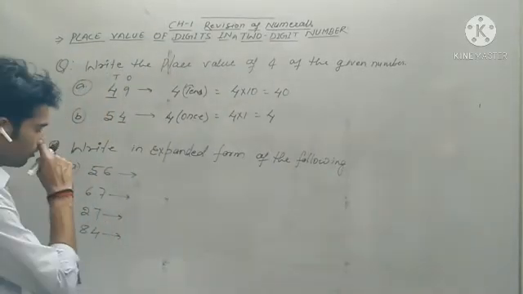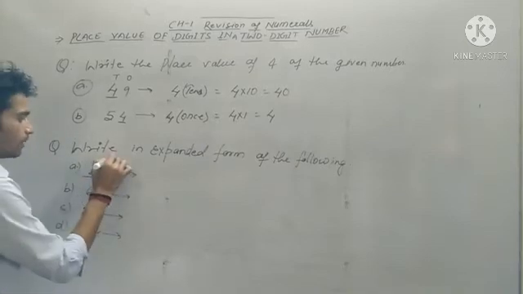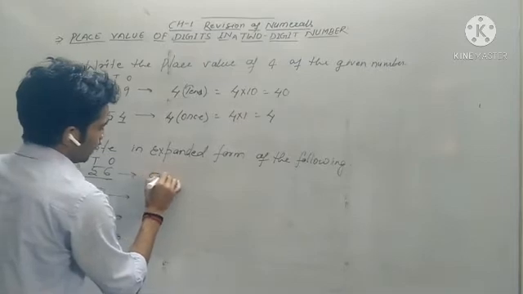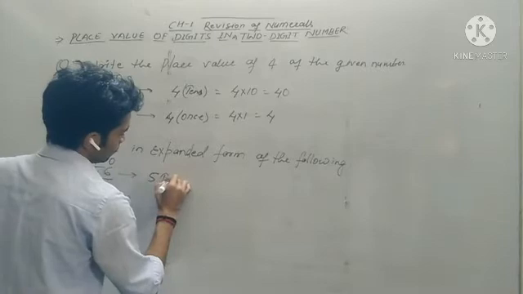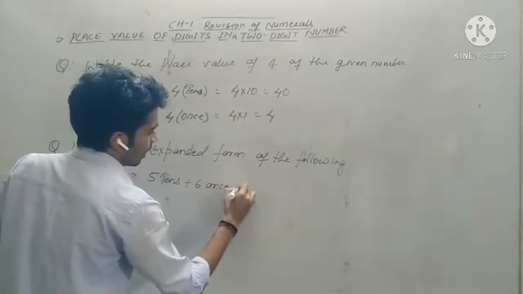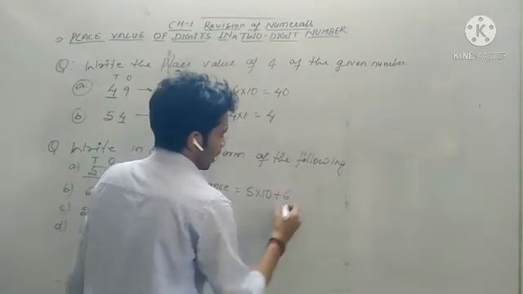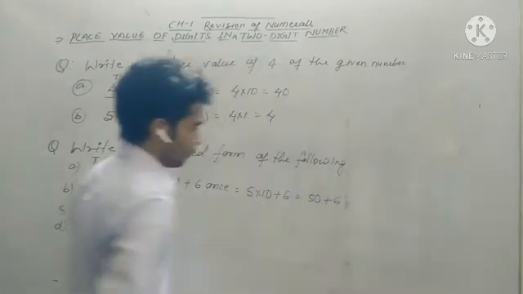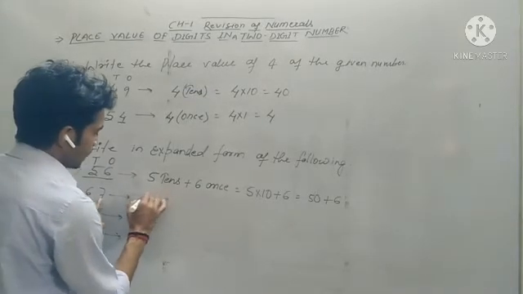Write the expanded form of the following. So write the expanded form of 56. So this is ones place and this is tens place. So we can write 5 into 10, 5 tens plus 6 ones, and this is equal to 5 into 10 plus 6, and this is also equal to 50 plus 6. Is it clear? And 67,